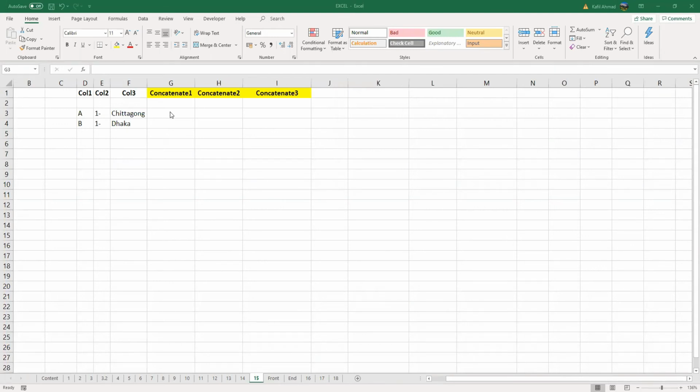Today I will show you how to get multiple columns into one single column. So I have 3 columns and I would like to merge all of those, combine all of those data into one single column. For this I will use the concatenate formula,